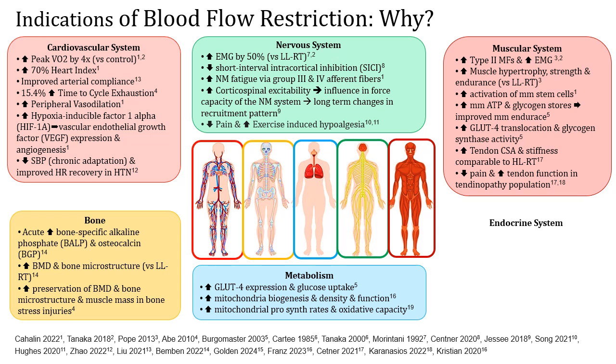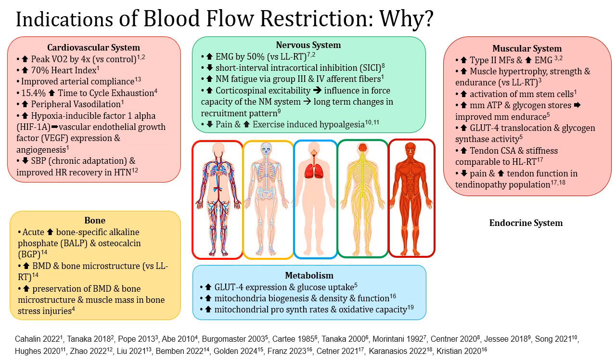Increases the activation of muscle stem cells and the recruitment of those, thus for muscle hyperplasia, that is the growth or the expansion of muscle cells. Increase muscle ATP and glycogen stores to improve muscle endurance. The GLUT4 translocation and glycogen synthase activity, as I mentioned during the metabolism, but this also benefits the muscle. Increase tendon cross-sectional area and stiffness as compared to high load resistance training, and then also